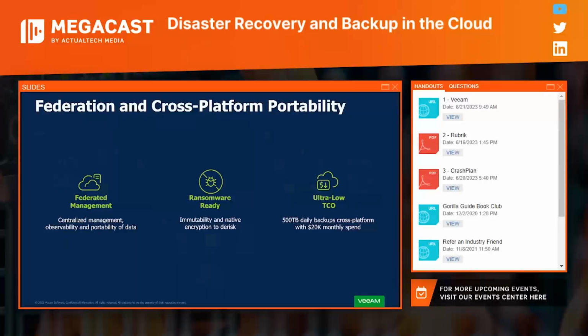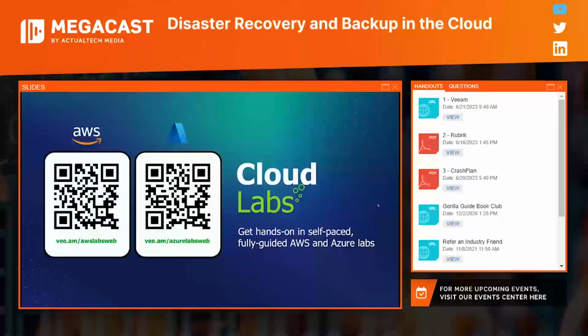We are running out of time, so any questions that I see in the chat, I'm going to reply there. What I did want to leave you with is a new initiative that we've just launched called our Cloud Labs. We have them available for AWS and Azure. They are coming soon for Google Cloud. But these Cloud Labs are a place where you can get hands-on experience in a real-world AWS or Azure environment. Essentially what we're doing here is teaching you best practices that we've just spoken about when it comes to backup and recovery.